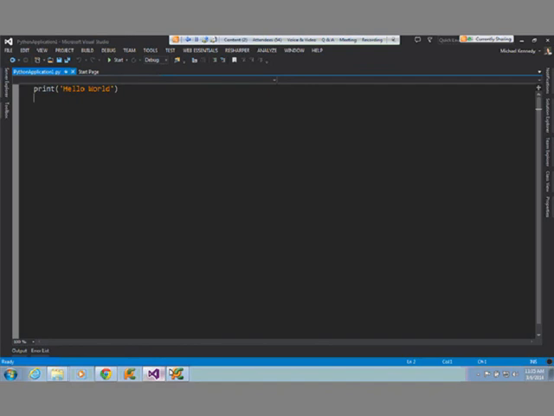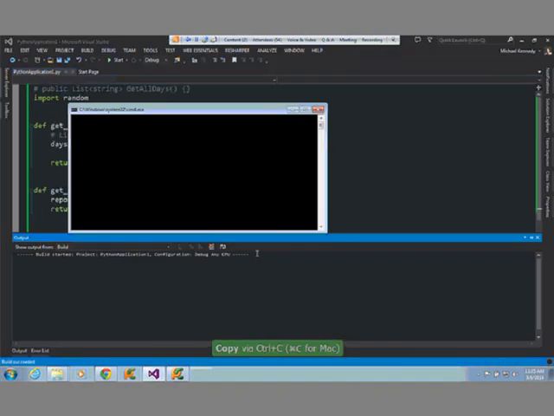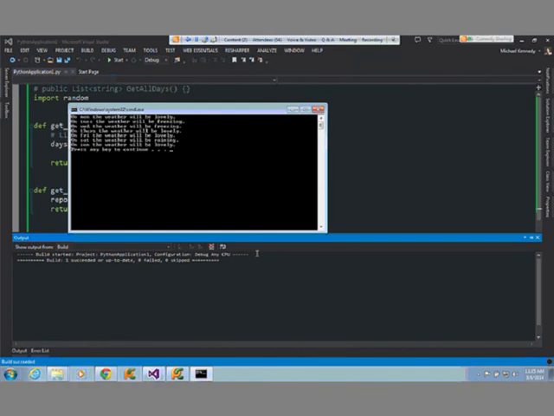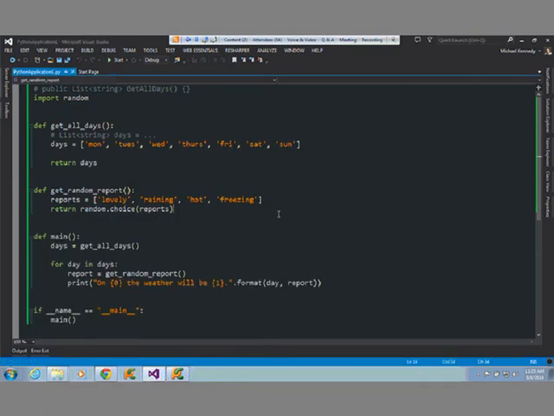Now, let's take this code that we just wrote and put it over here in Visual Studio. Control F5, boom, there you go. On Monday, the weather will be this. On Tuesday, the weather will be freezing, and so on. So here is a really cool IDE with IntelliSense, by the way. I mean, it's not just like messing around.